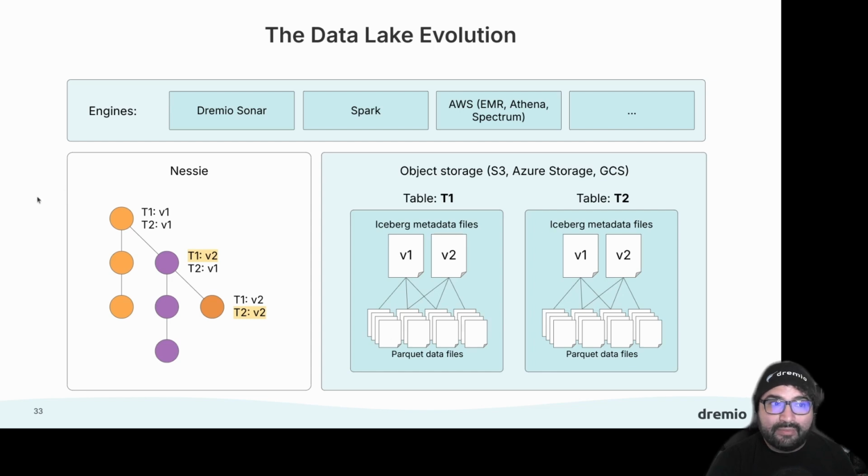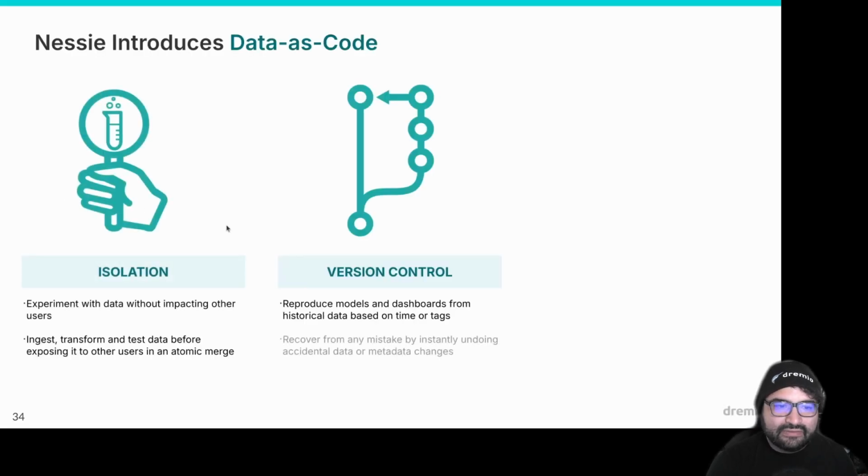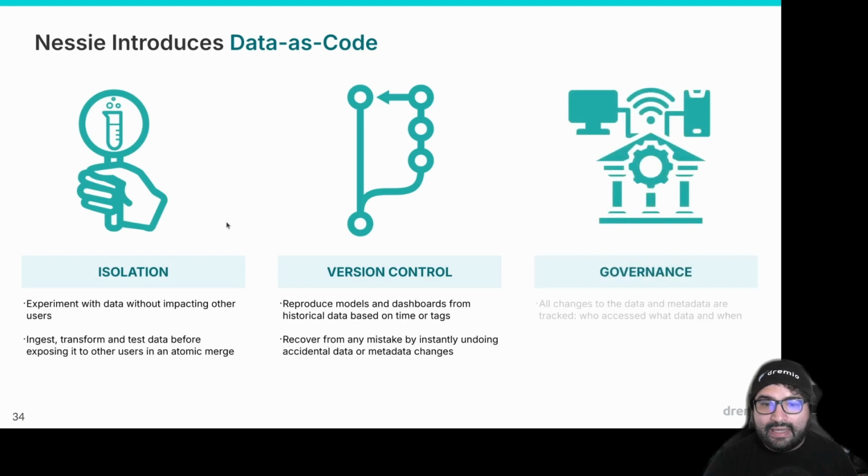So it allows you to prevent a lot of the storage costs that come with making experimental environments, and to easily say, hey, this ingestion job didn't happen correctly in this branch. I can just dump the branch, rerun that job on a new branch, and then merge it in when it runs successfully. Lots of other things like that to ensure data quality. Okay, so again, you get that isolation, you get version control, and you get governance.